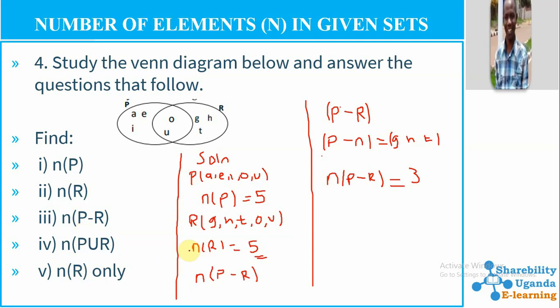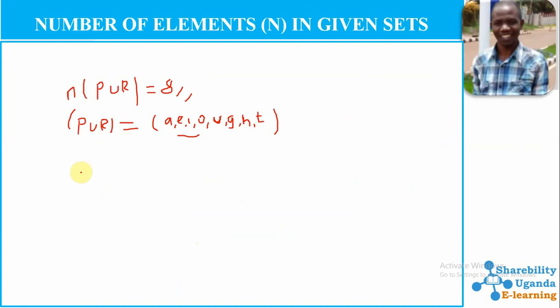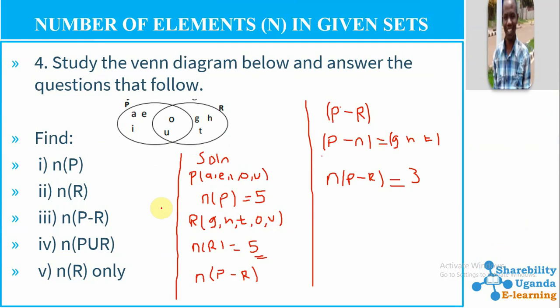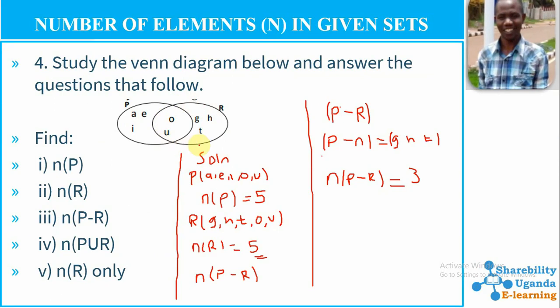R only. They always confuse this, and they said R only. How can we get our R only? Okay, how can we get our R only? Basing on the set that we have been given, we can see that our set R, okay, our set R